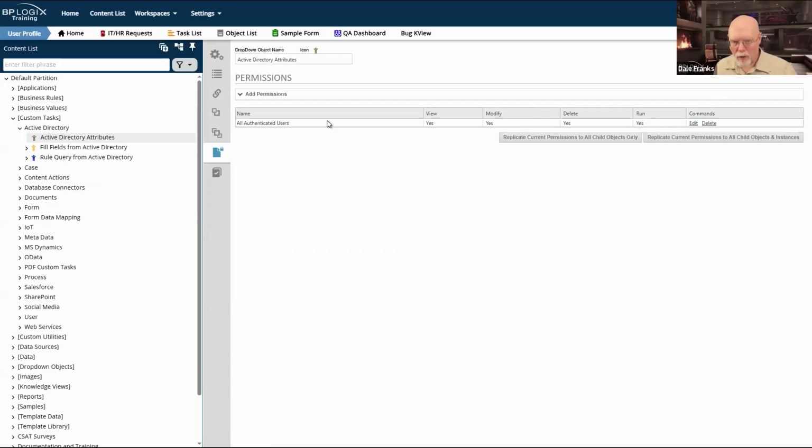If you had a form or a process timeline and you wanted to add a custom task to the form or process timeline, as long as you had view permission on the custom tasks, you could open up the form and you could add a custom task, and you could configure that custom task by opening the CT form and making whatever changes you wanted to, and then saving it, and then run your form and everything works and we're all happy.